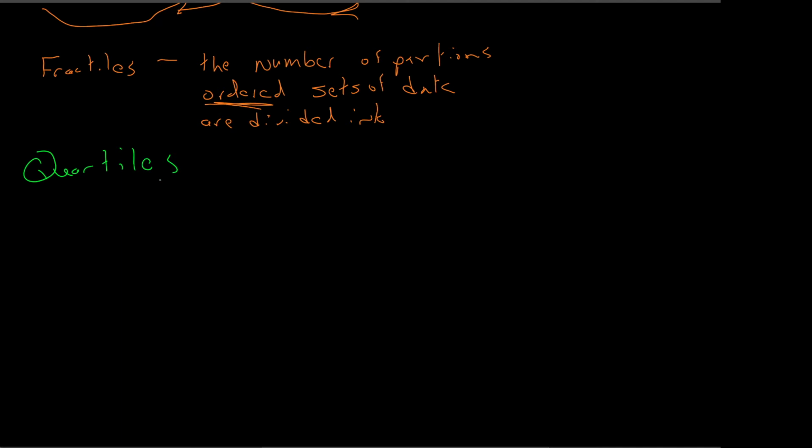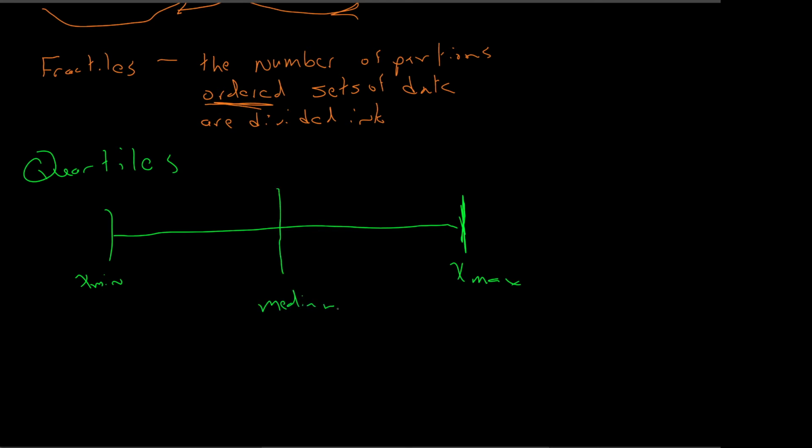And we break it into medians, four parts. If this is x-min and this is x-max, we find the median, and then we find the median here, which is quartile 1, and the median here, which is quartile 3. We now have four equal parts that have divided our data with 25% here, 25% here, 25% here, and 25%